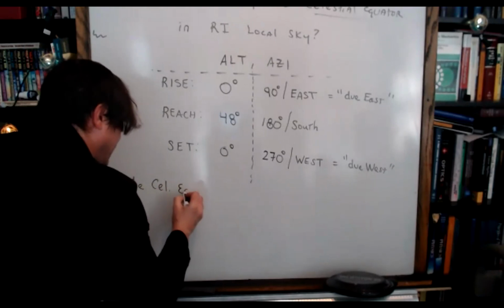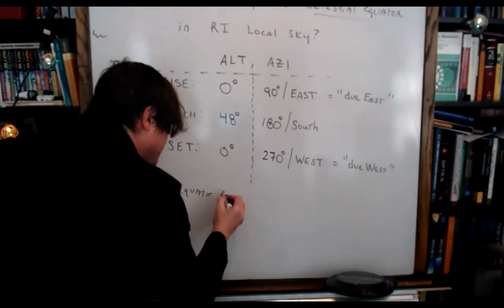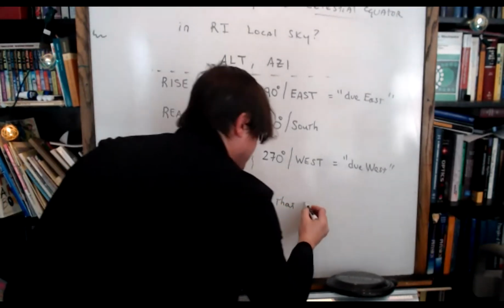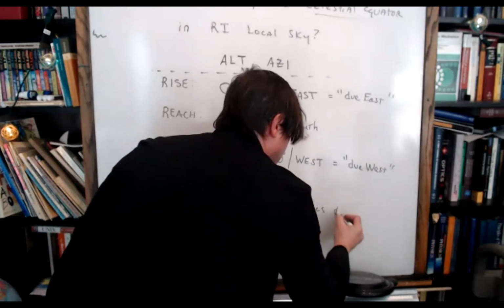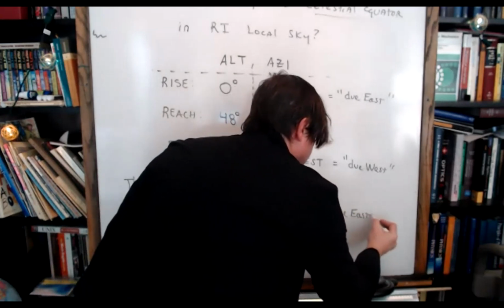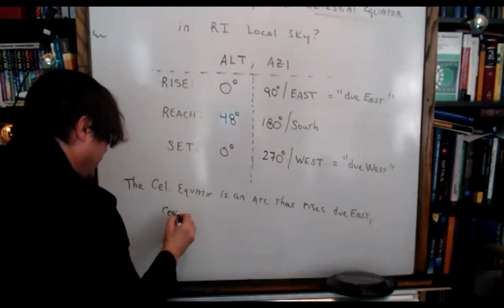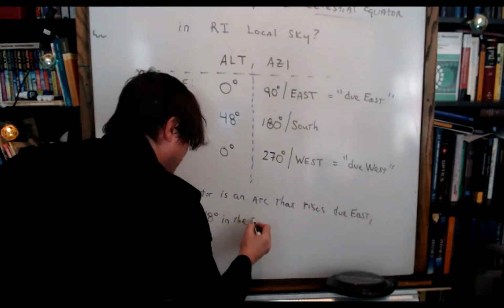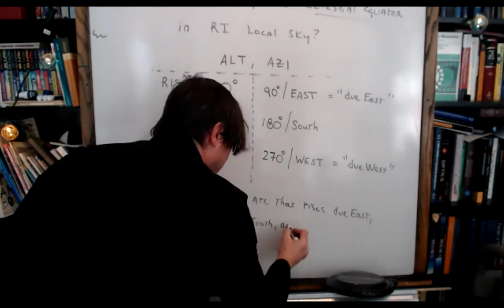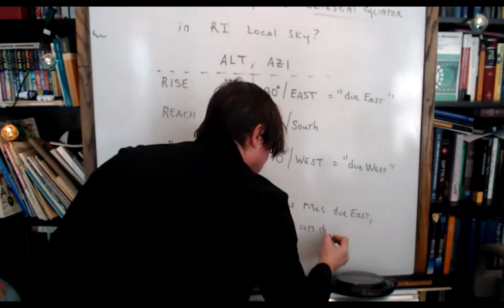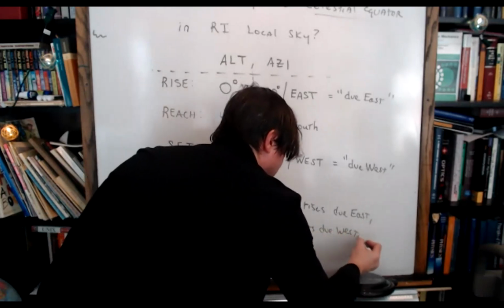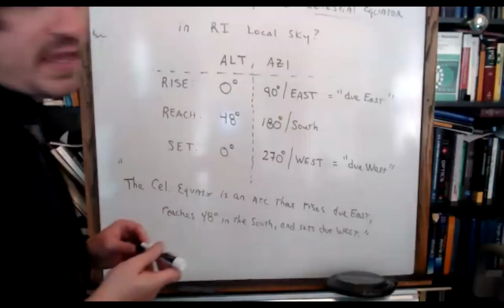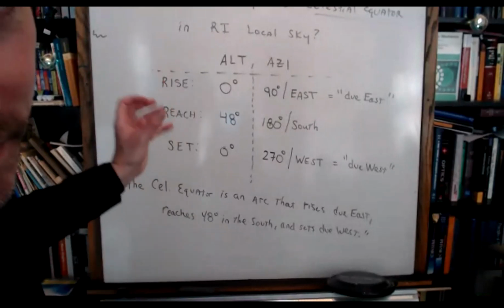the celestial equator is an arc that rises due east, reaches 48 degrees in the south, and sets due west. That's a kind of classy way to answer that question that contains all the specificity of